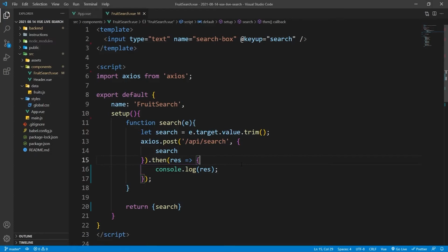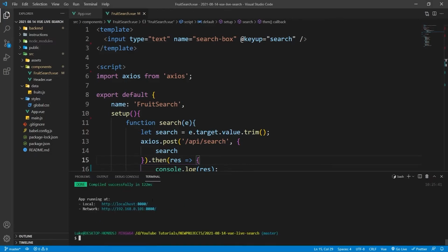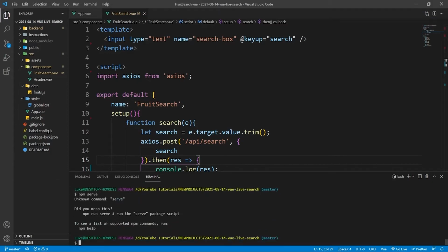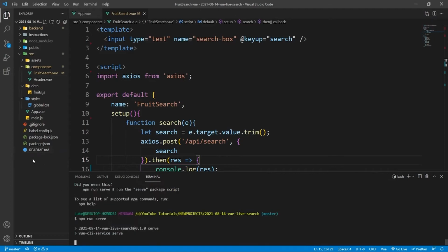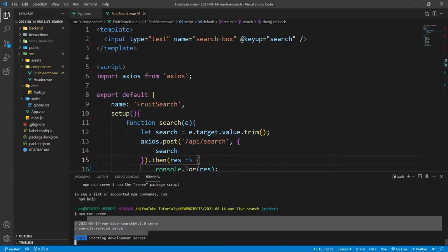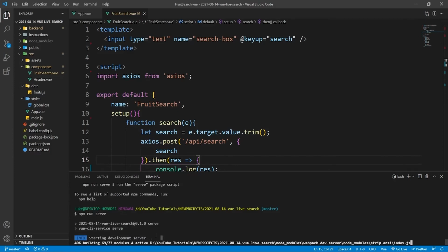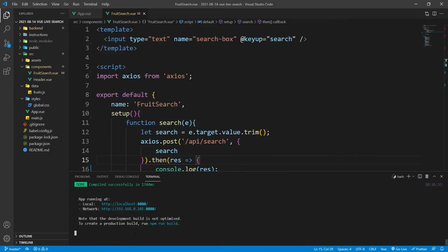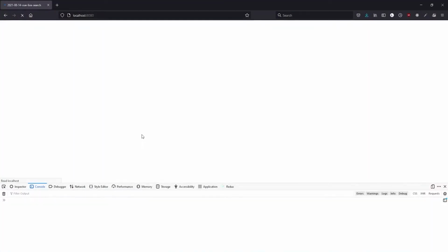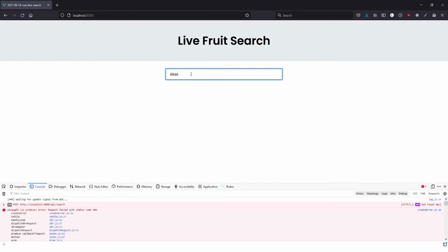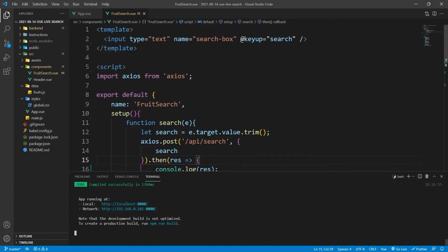Okay, I'm going to restart. I think it's because, yeah. So I'm going to run npm run serve again, and the reason being is because of that config file. You need to restart your Vue server every time you modify that config file. So if I refresh now, it shouldn't actually work. Yeah, as I suspected, and the reason being is because it was due to that config file, and